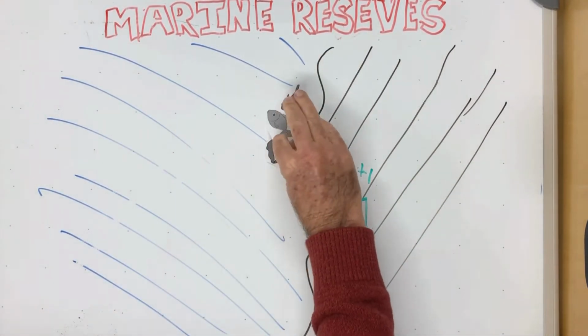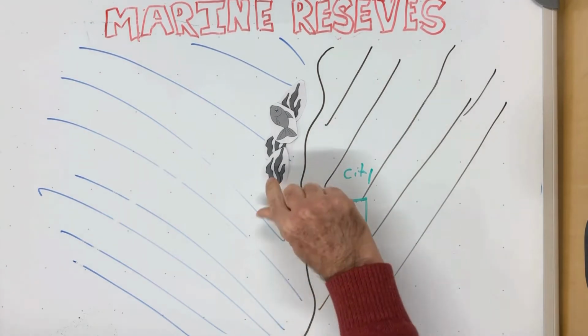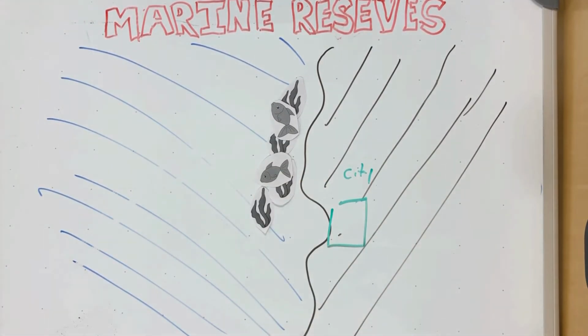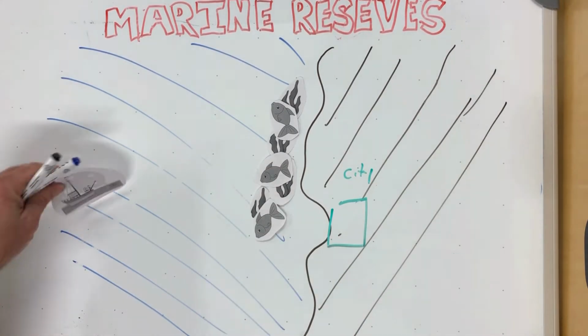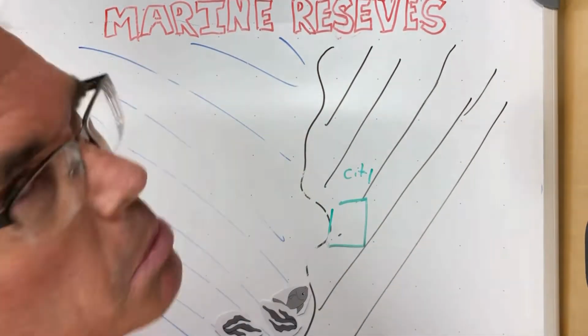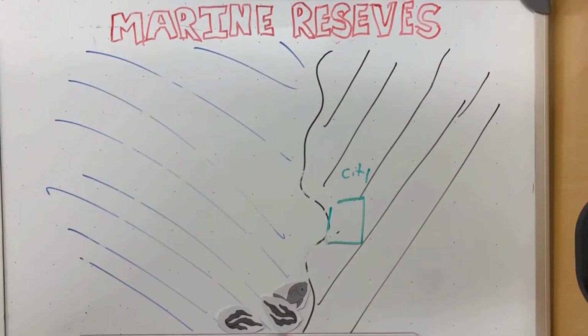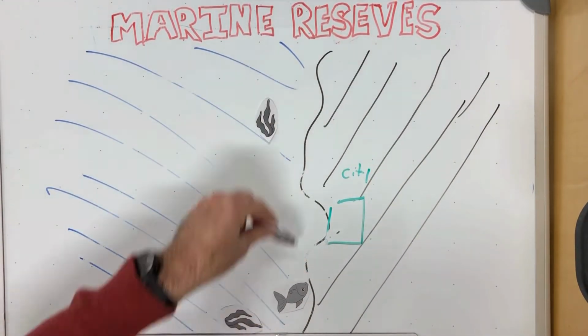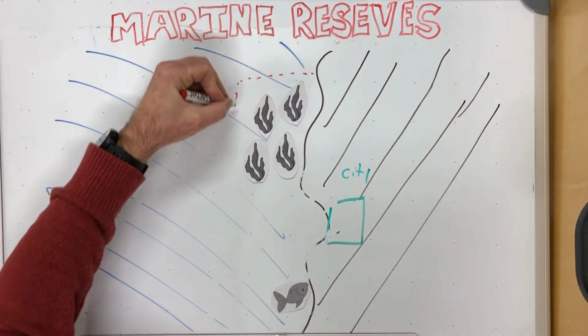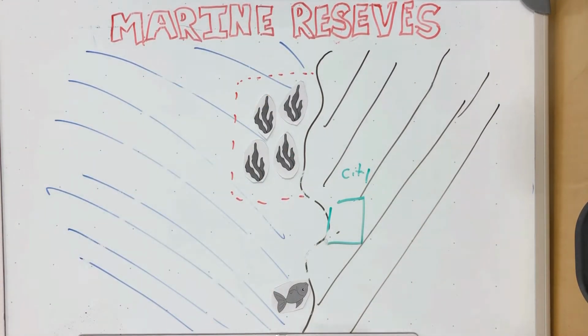Well, first of all, it's important to identify critical habitat. So let's say in this environment, the critical habitat is a kelp forest right offshore. Now, the fishermen could go right into that kelp forest, catch all the fish, destroying the kelp forest. But what people have figured out is that fish don't understand boundaries. So if we make an imaginary line around the kelp forest,